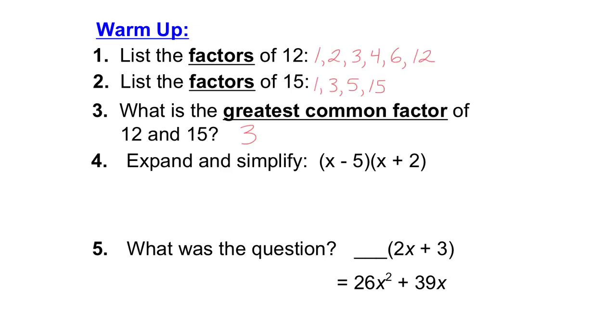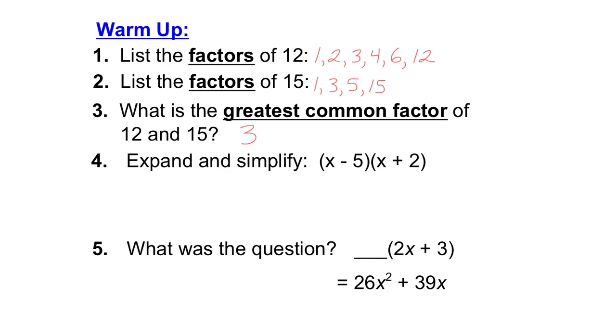When we talk about factors, we are talking about numbers that you can divide this by. For example, you can divide 12 by 1, you can divide it by 2, by 3, 4, 6, or by itself, 12. Another way you can think of this is 1 times 12, or 2 times 6, or 3 times 4. Those are all the possible numbers that go into 12. Factors of 15 are, well, 1 times 15, or 3 times 5, so 1, 3, 5, and 15 are the